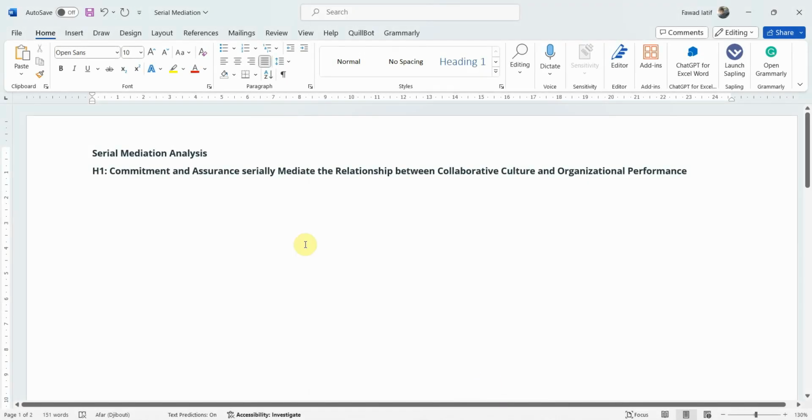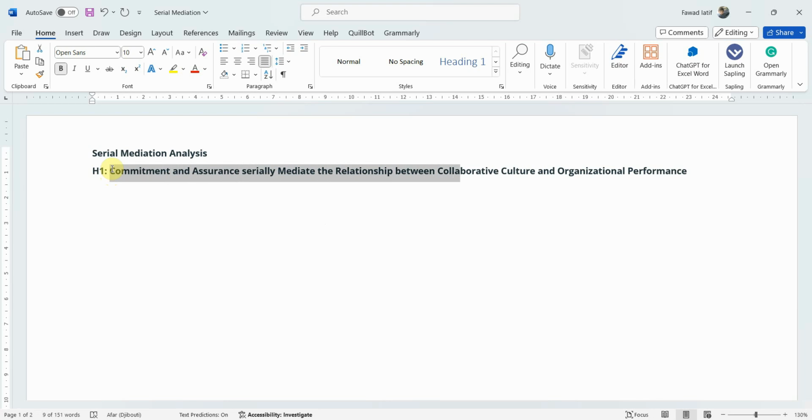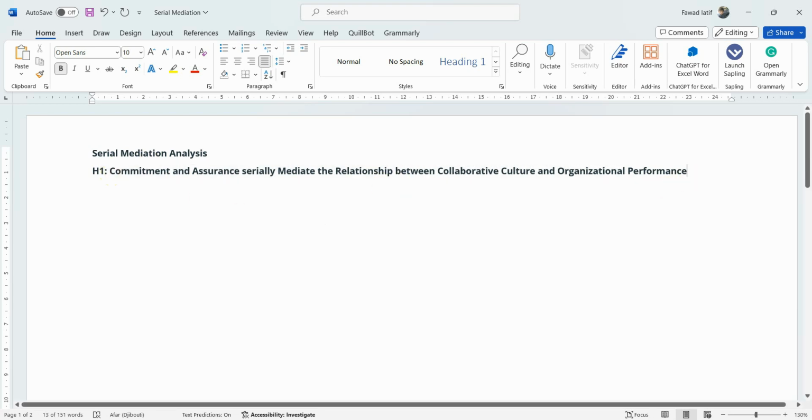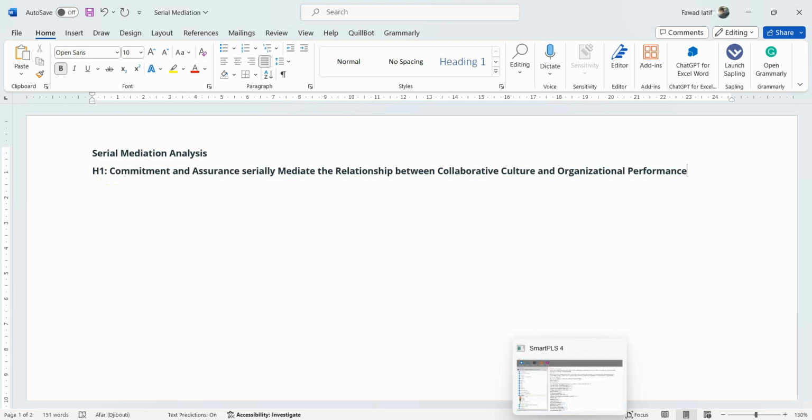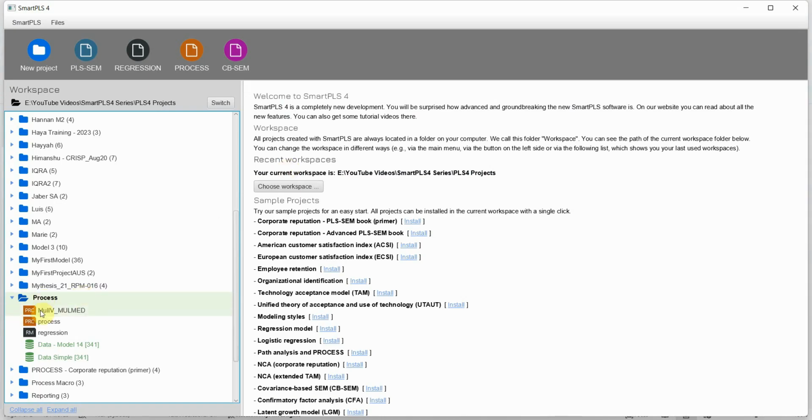In this session, we are going to run serial mediation analysis using PROCESS in SmartPLS. Now let's assume I've got this hypothesis that commitment and assurance serially mediate the relationship between collaborative culture and organizational performance. In order to perform serial mediation using PROCESS in SmartPLS, I've got this project here and I've got